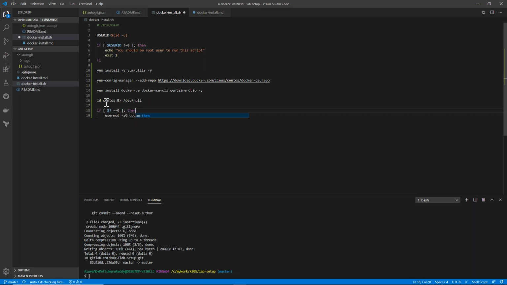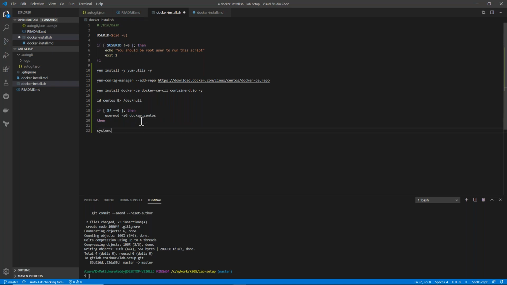So what I meant to say is, if the username is CentOS, then only run this command, otherwise don't run. So this script has some instructions, right? Your username should be CentOS. So if you have any other username, you just change this. Okay.